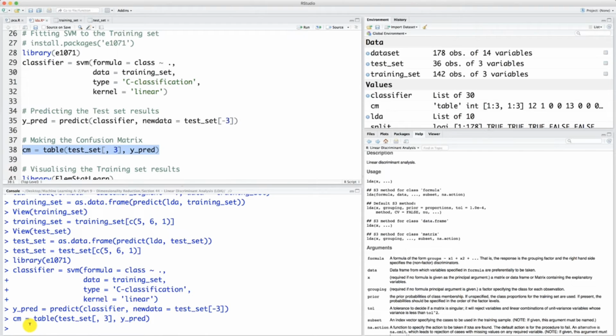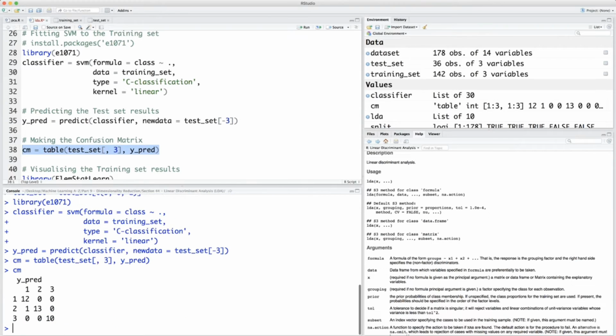So that means that it will not be as perfect as PCA. So let's do it. Let's type CM here and press enter. And unfortunately, we get one incorrect prediction here. But that's not such a big deal, because not only is one incorrect prediction still excellent, but also remember when